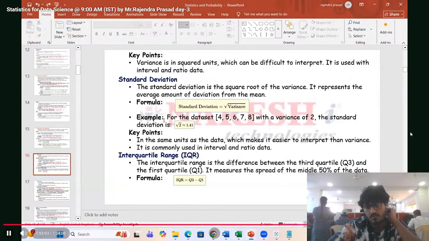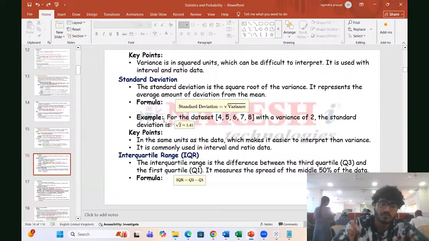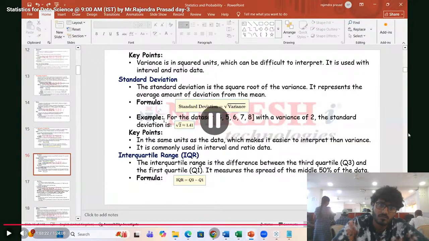This is the standard deviation. Next one, you have interquartile range. Another way of calculating the measures of dispersion is interquartile range. This is specifically in being a data scientist or data analyst. We mostly use IQR for identifying the